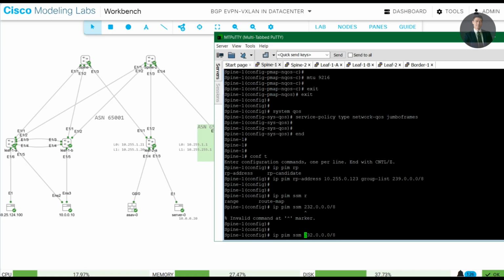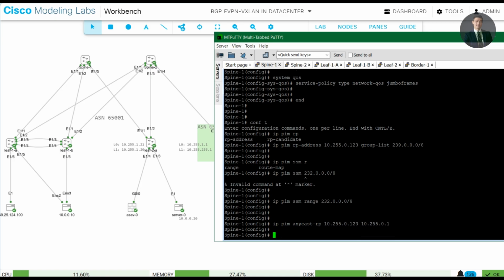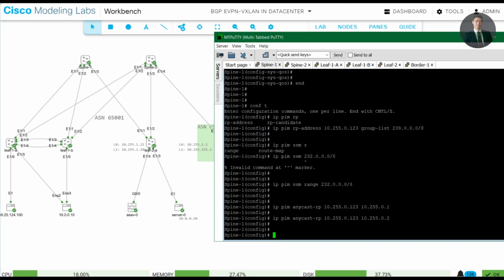range. IP ping anycast RP 10.255.0.123, 10.255.0.1. 10.255.0.1 is my spine 1, and we make a spine 2. After defining the ping, we'll have to configure two loopback interfaces which we later use for the IP unnumbered setup